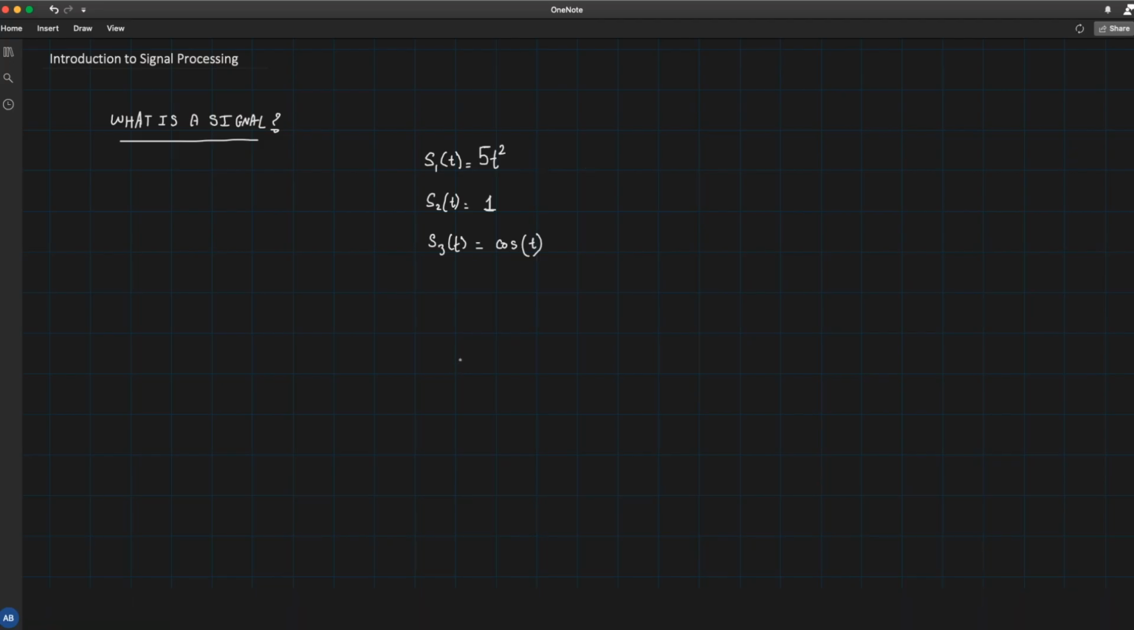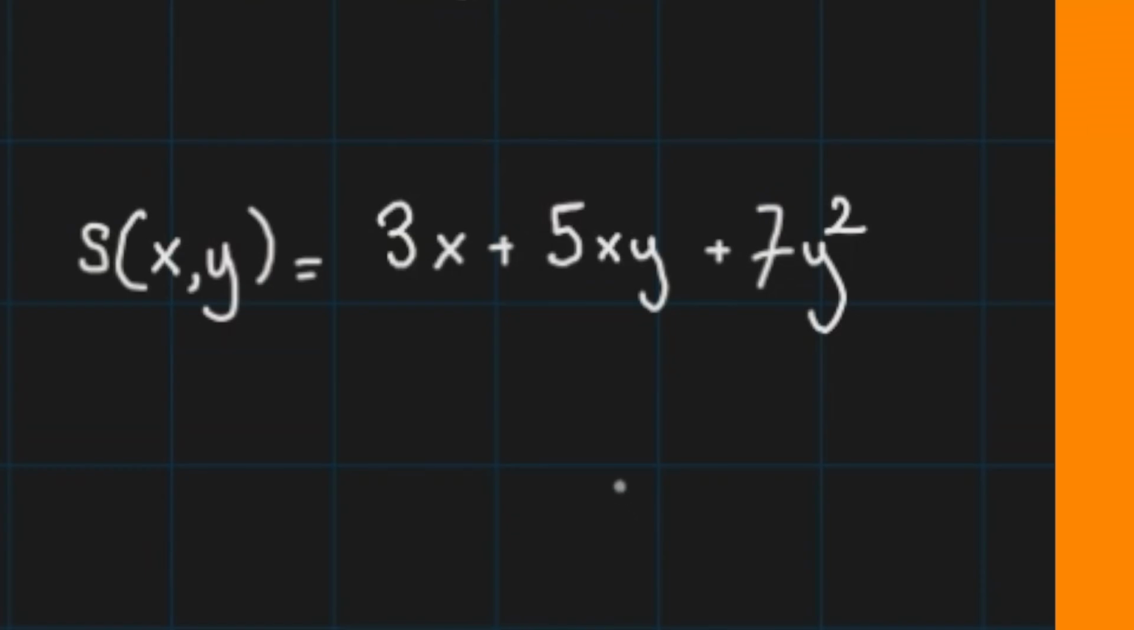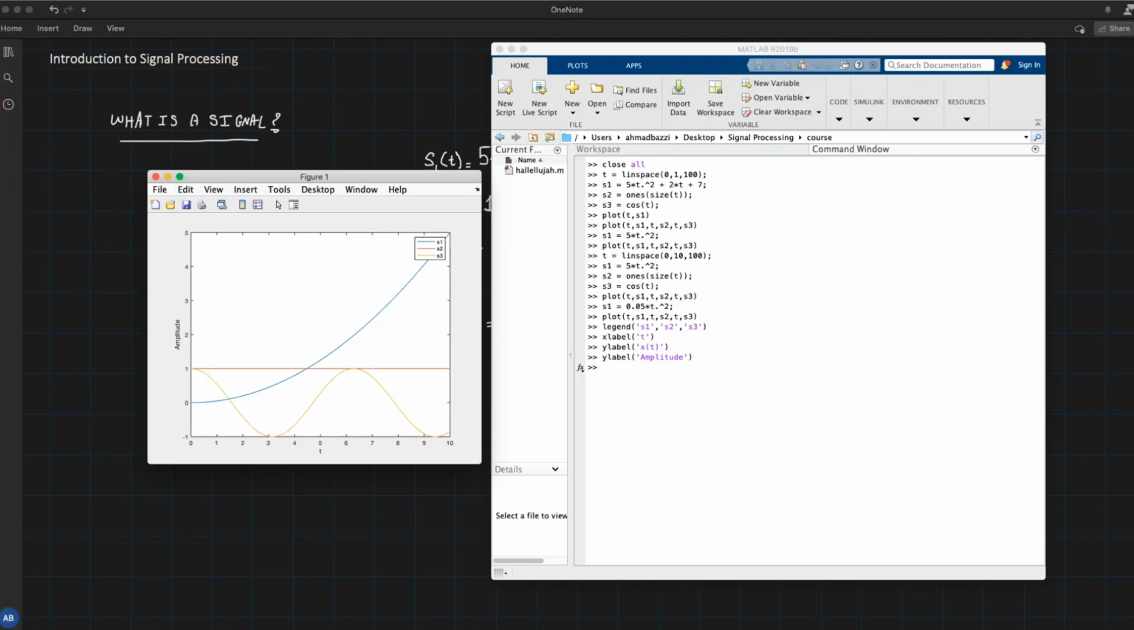For example, you can define other types of complicated signals, right? That could be functions of 2 independent variables. So for example, we can define a signal S that is a function of X and Y that takes on the following form. So let's say 3x plus 5xy plus 7y squared, for example. So if we were to go back to MATLAB, let me close this figure,